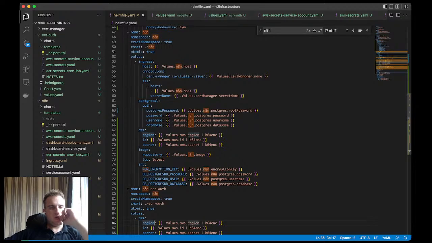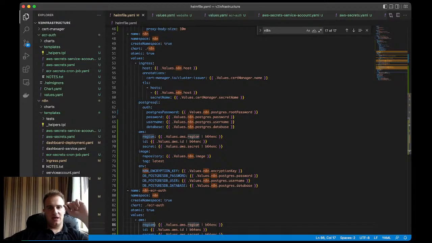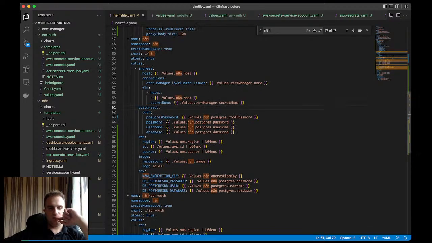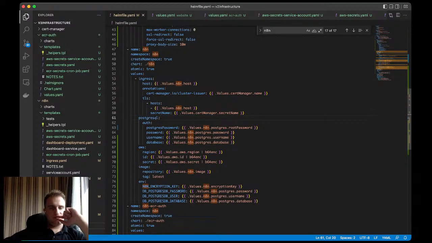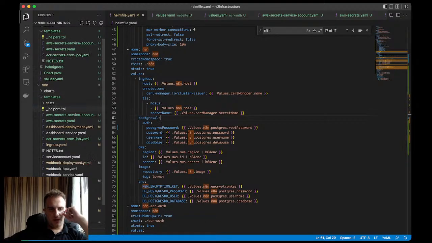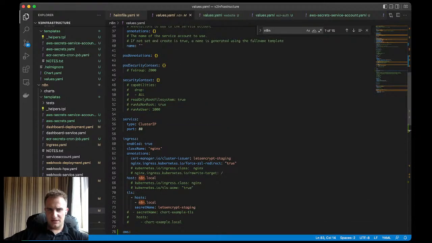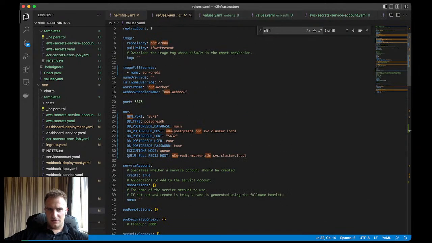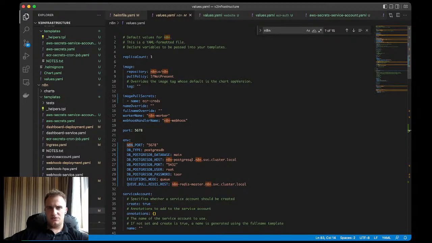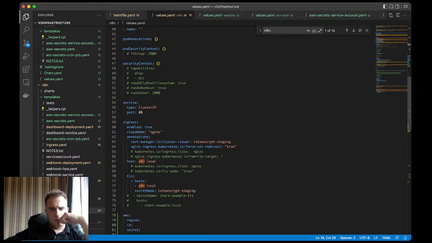Then we need to specify the secret name of our Docker authenticator. So let's go ahead and see. So I guess here in NAN values, this Docker secret name, this is the name of this authenticator. If I'm not mistaken, let me. Okay, image pull secrets ECR creds. All right. Yeah, so